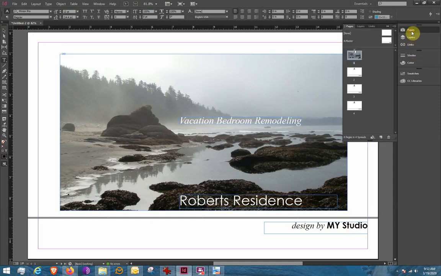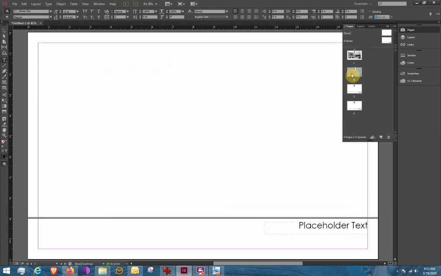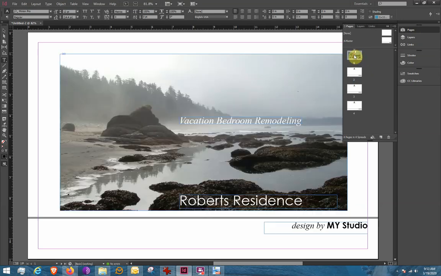If I go back to my pages flyout, you'll notice that my thumbnail here has my imagery on it. And if I go to page 2, you'll notice that I have placeholder text back here and an empty page ready for me to put on whatever I need to put on. If I go back to my first page, I have my signature here and the title for my presentation that I'm going to give to my client. Okay,